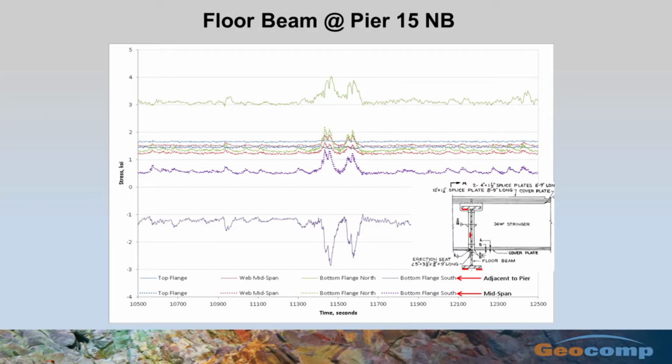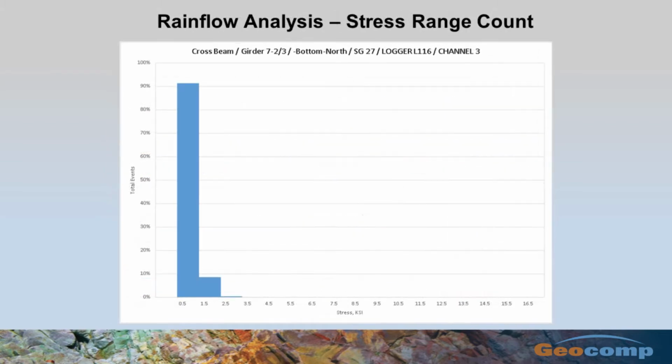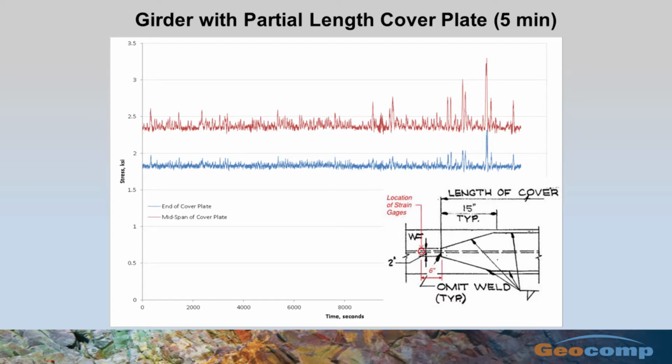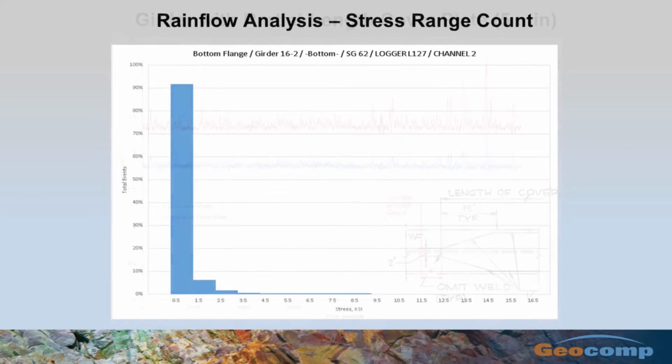under ambient traffic loading, a blow up of that section as well. You're seeing the strain gauges on the top of the cap girders or the floor beams and on the underside of the floor beams. Again, they're processed into a rainflow analysis to determine the number of cycles. And then the same thing with the girder with the partial length cover plate. You're seeing the peak strains that are captured under live load,